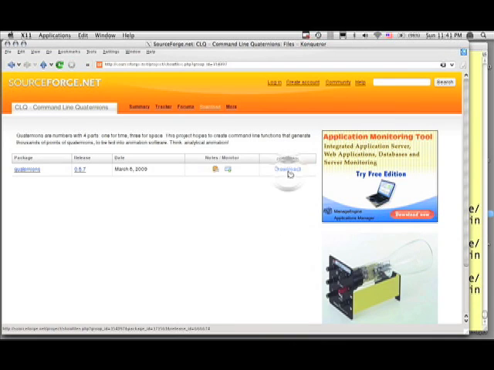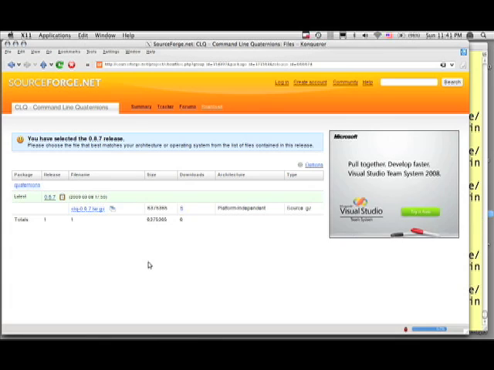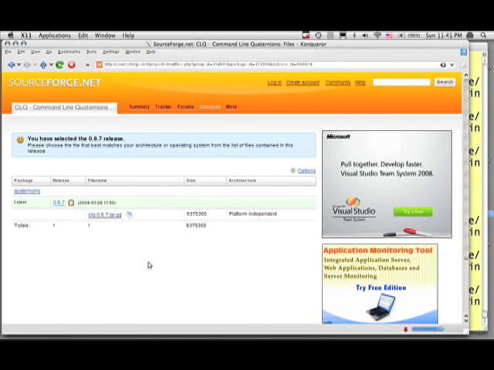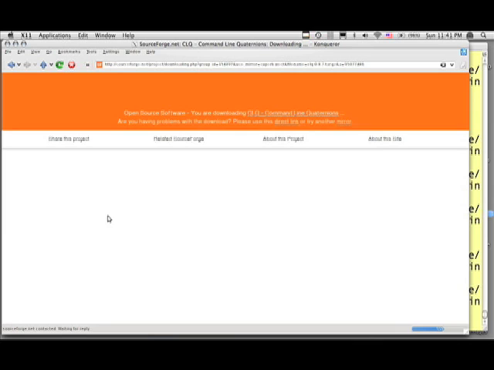And so I guess we got to click some more, click on download, and then there are possibly a variety of different sorts of things, but I really only want the tarball. So I click on the tarball,